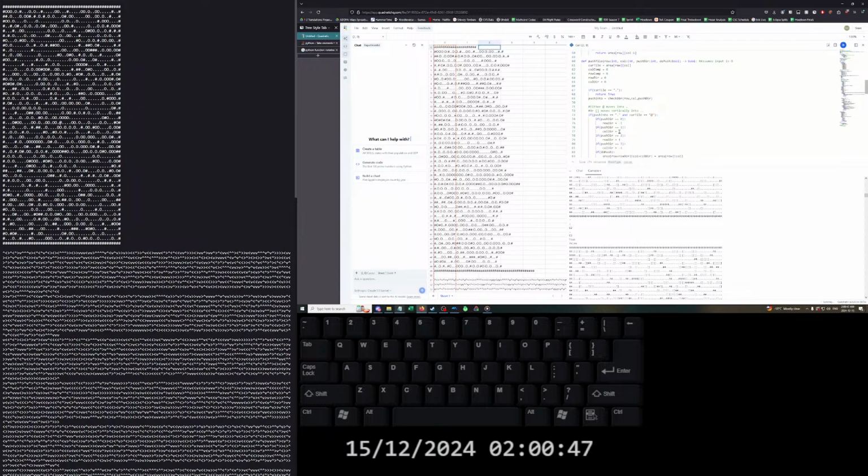Oh, wait, because column compensation should be 0, right? Oh, wait a moment. Is that what it's doing? Okay. I get it. If call comp does not equal 0, then block moved equals block moved and